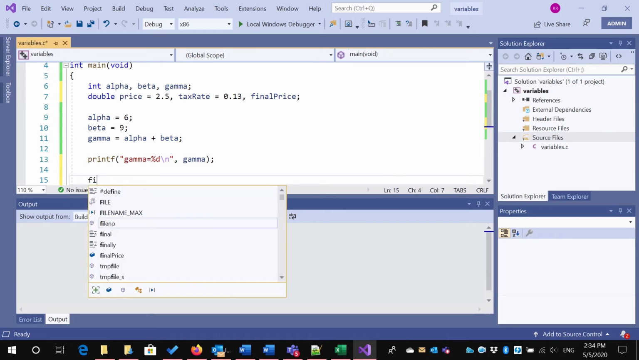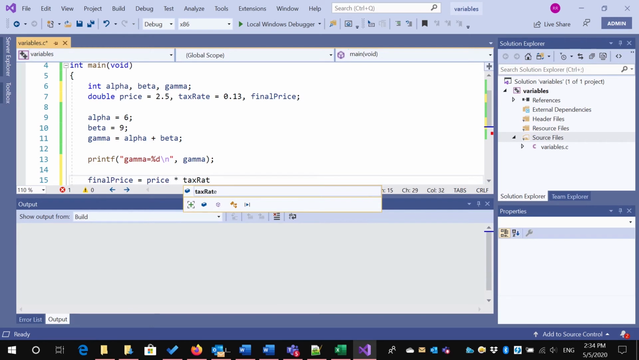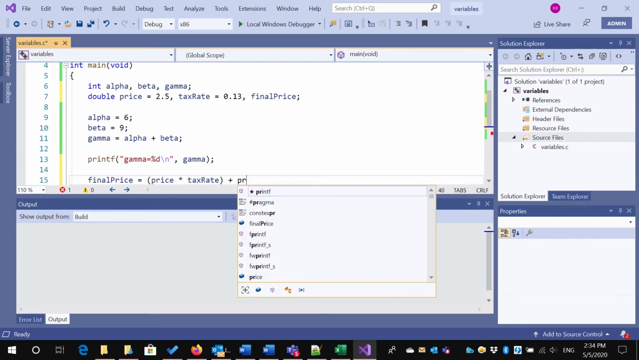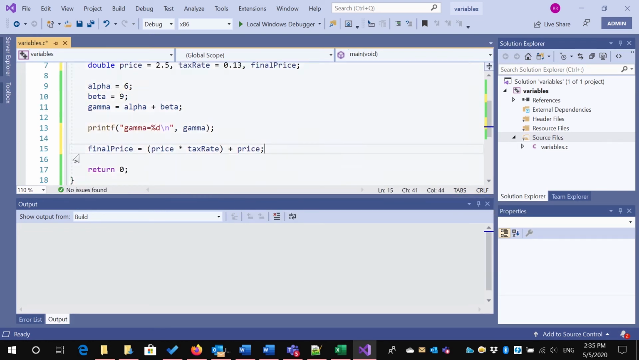And I can say the final price equals the price times the tax rate. Now, when I multiply that, that will actually give me the tax. And to figure out the final price, I have to add the price onto it, like that. Now, the way arithmetic works is